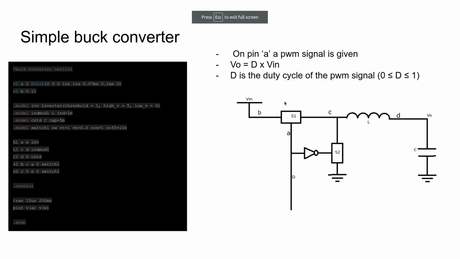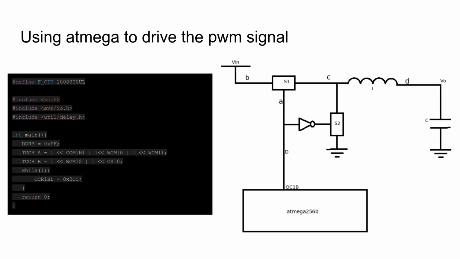Okay, so this was a simple buck converter. We just directly gave it a pulse signal to see how it works. Next, we'll take the same buck converter, but instead of using a pulse source, I will use an Atmega to give out a PWM signal. In another demo earlier, I showed that the TESSIM can give PWM signals for motor control. Here we'll use a similar logic to control the PWM for this buck